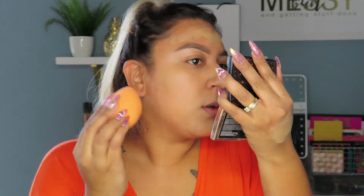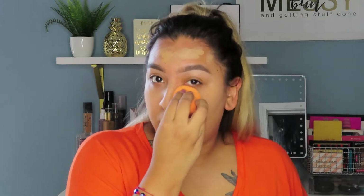So I'm gonna dim the lights a little bit just so you guys can see. Oh, maybe not, because I'm looking hella light. I don't know. I feel like it definitely has a medium coverage. Like, I can still see a little bit of my redness here, because I do have a little bit of redness there lately. It did cover most of my acne that I've been experiencing lately,